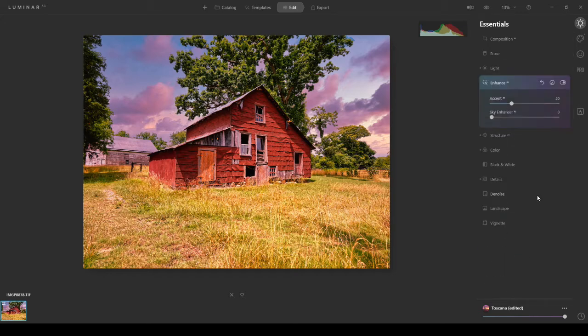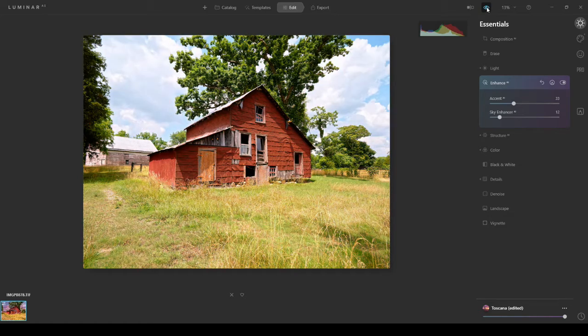Next, we're going to come to Enhance. I'm going to accentuate it, which is a kind of vibrance. It's smart enough to understand the difference between the entire image and the sky, so watch what happens here. As you can see, the sky has been adjusted. I can make it more dramatic, but I really like it there, to show you what we've been able to do in a very short period of time. The original